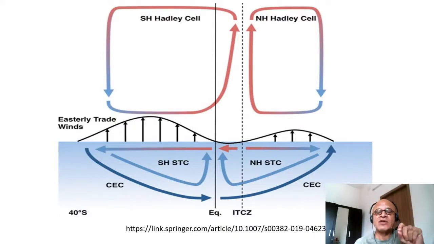circulation and part of the energy transport. So as you know from your basics in energy transport, we have more energy received in the lower latitudes than lost back to space, and it's the reverse at high latitudes. So the system is constantly trying to move energy from low latitudes to high latitudes, and Hadley cells are part